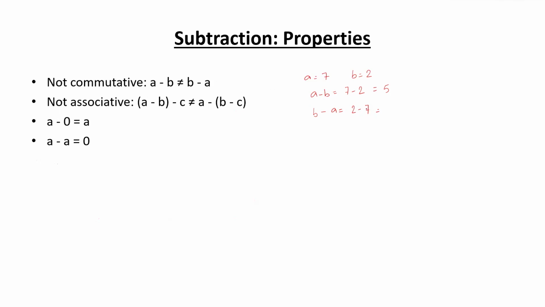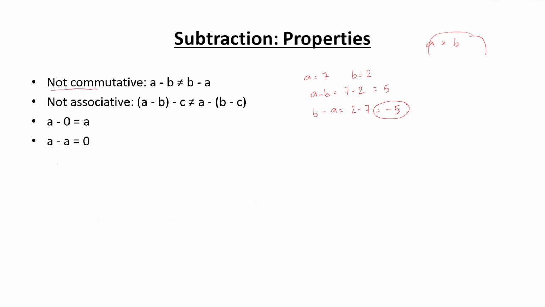You cannot subtract 7 from 2 because 7 is much bigger than 2, right? But still, we can do it and we can write it as minus 7. But again, it goes into abstraction. Whenever you do subtraction on a very basic level, you always subtract the smaller number from the bigger one. That is why you can see that on one side it is 5, on the other side it is minus 5. So they are not equal. So subtraction is not commutative.